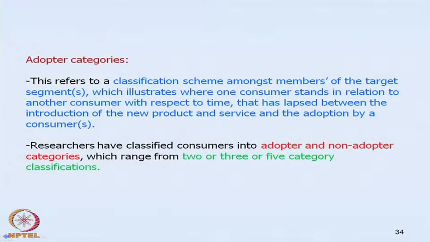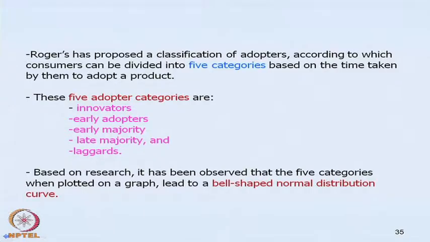So, in respect to time that has lapsed between the introduction of a new product and its final adoption, we can classify consumers. Researchers have classified them into adopter and non-adopter categories, and we can range them into 3 categories or 5 categories. Now, there is a person here, very famous, very successful as a researcher in the field of innovation, and that is Rogers. So, Rogers has proposed a classification of adopters according to which consumers can be divided into 5 categories based on